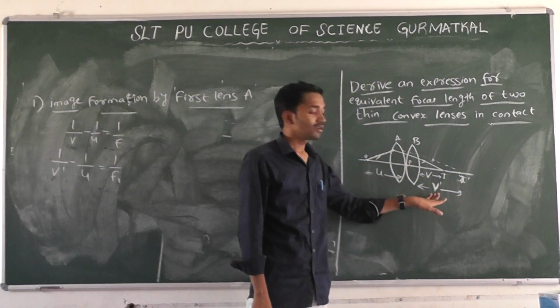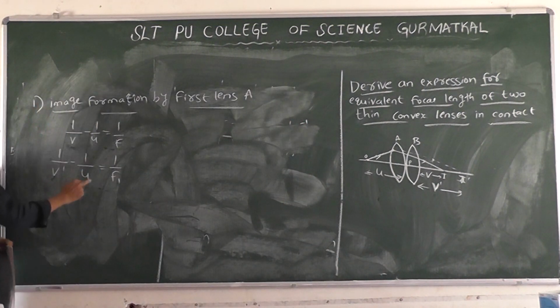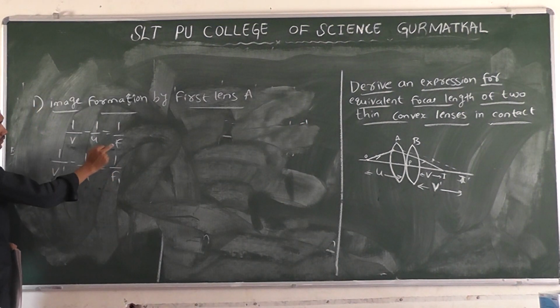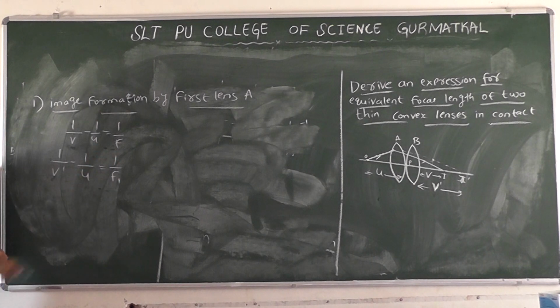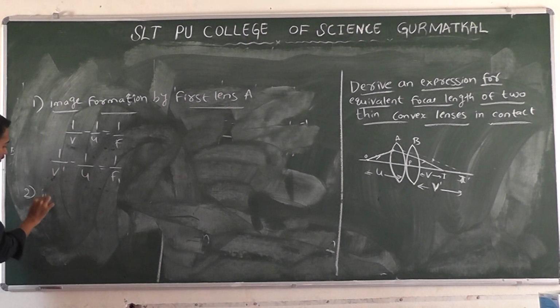Okay. So we have image distance V dash, object distance U, and in the place of F we are writing f1, meaning we are taking the first lens A. So we are writing f1. The same condition, the second condition, I will write image formation by